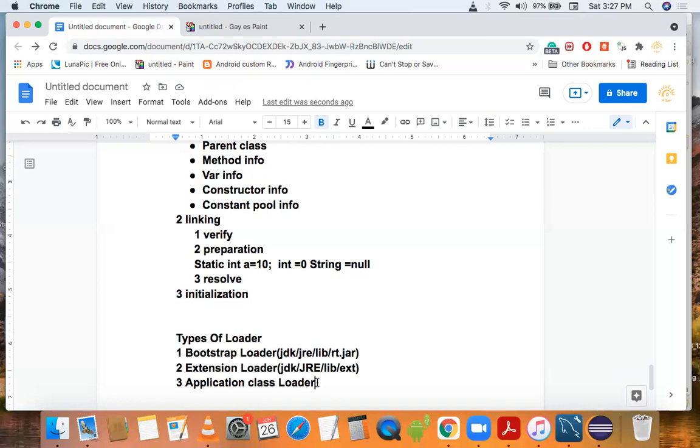Otherwise the class loader searches in our classpath.